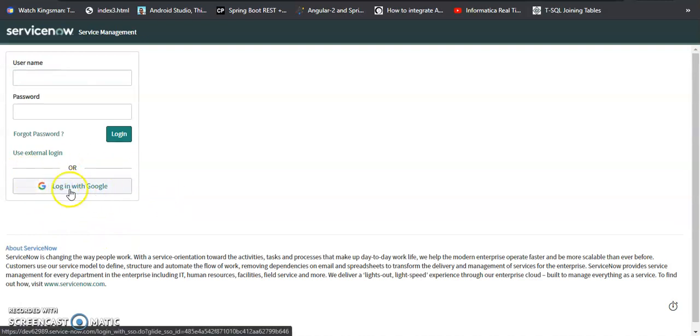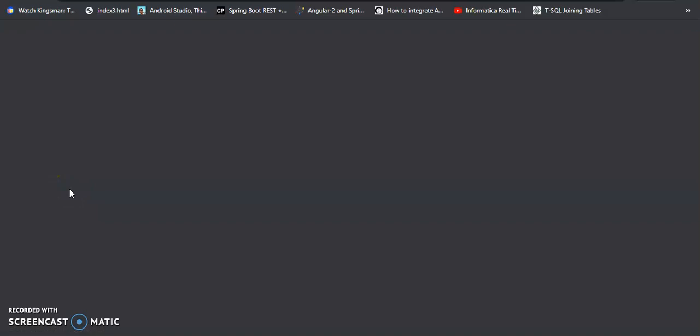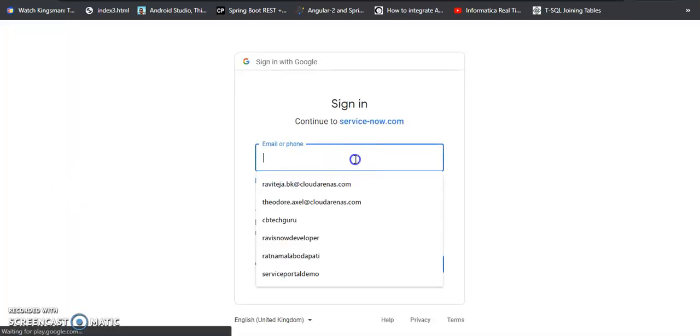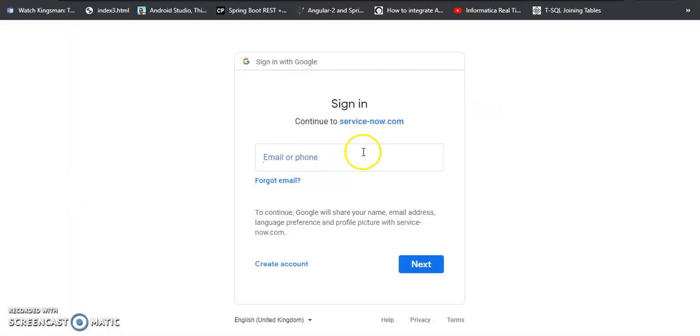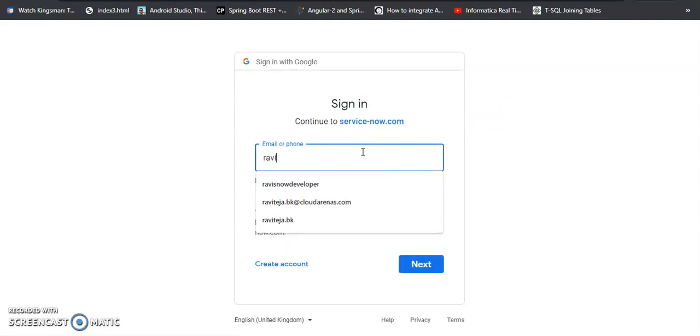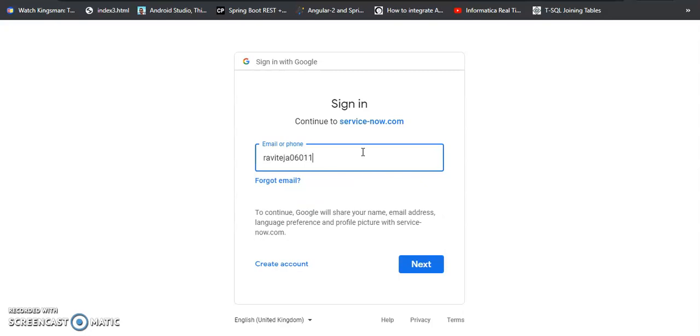If I click on login with Google, it will redirect to our login page, and here we need to specify our login URL, and this is my Gmail account. The main thing here is that this Gmail ID should be there in our sys_user table in the email field.